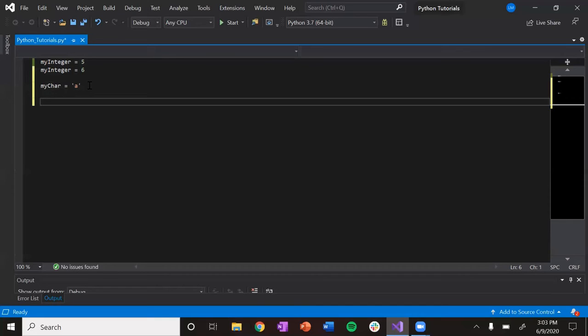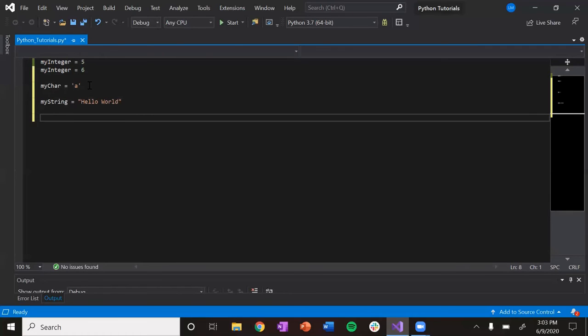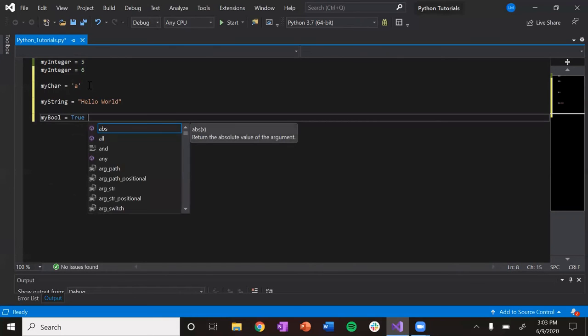So on that topic, let's go ahead and declare a string. So let's make a variable called my string equals, and then double quotes, hello world. And just like that, we've created a string variable. And then next, what we can do is we can create another type of variable called a Boolean variable. And so let's just create my bool equals true. And just like that, we have created